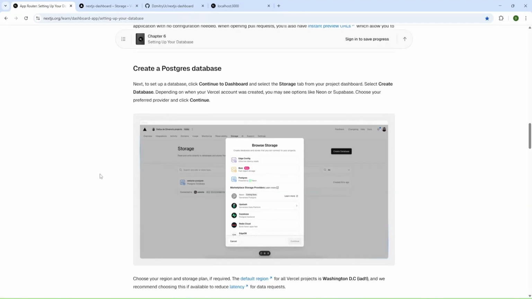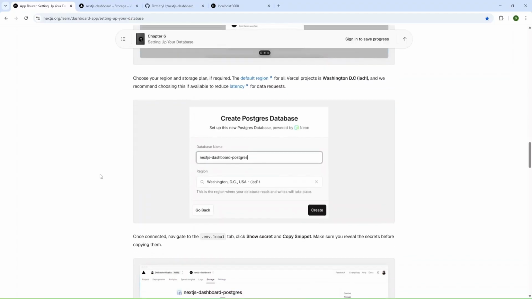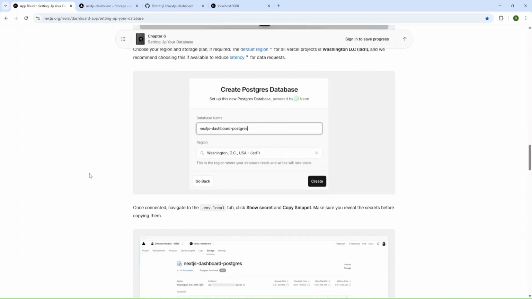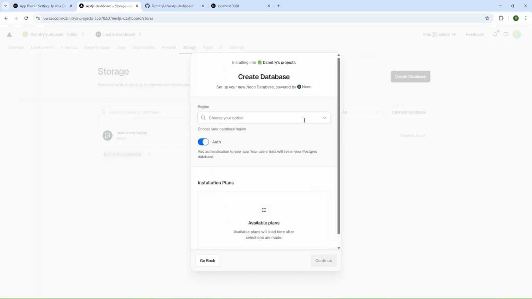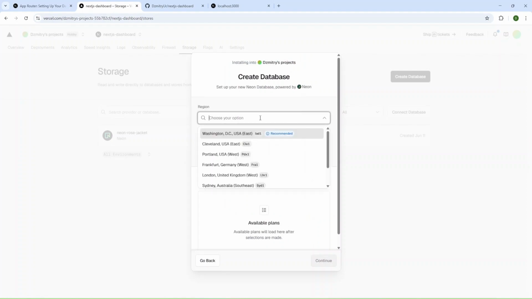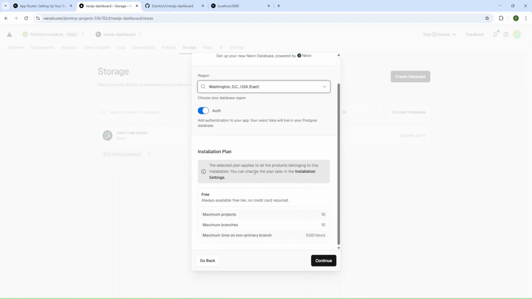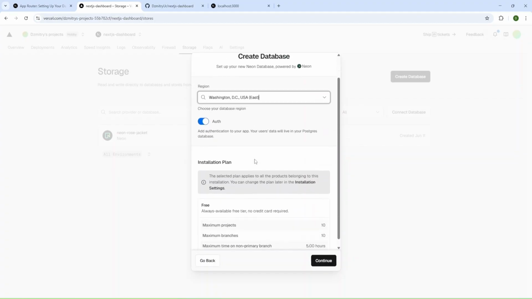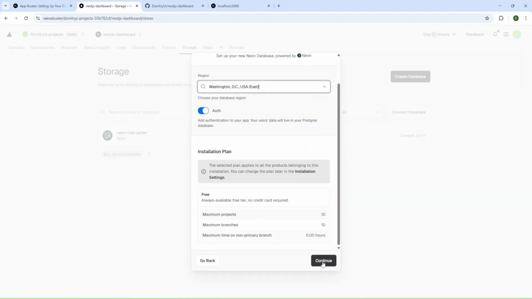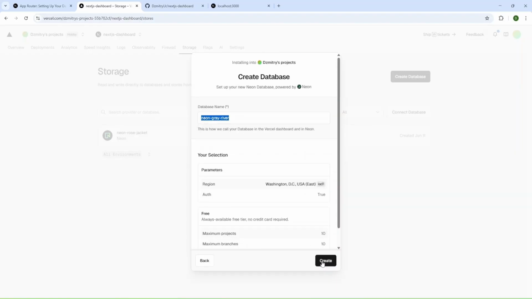And let's check options. We need to provide the database name and region and can create. Okay, and let me choose region, and I'll leave the recommended. Okay, and now I can press continue.